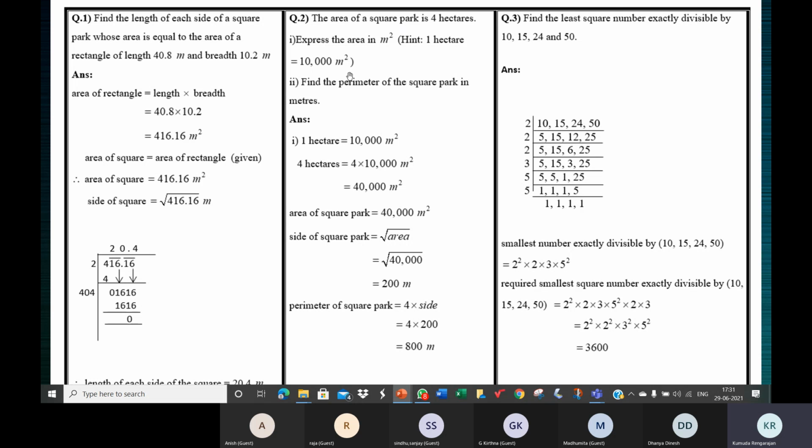Now, how do we imagine this 10,000 meters square? When I say something, you must be able to visualize it. At school, you have this 100-meter running race. That distance is 100 meters. You have 200 meters, then you have 400 meters relay. So you're definitely familiar with that. When you take part in a 100-meter running race, that is the distance. 100 meters is that distance.